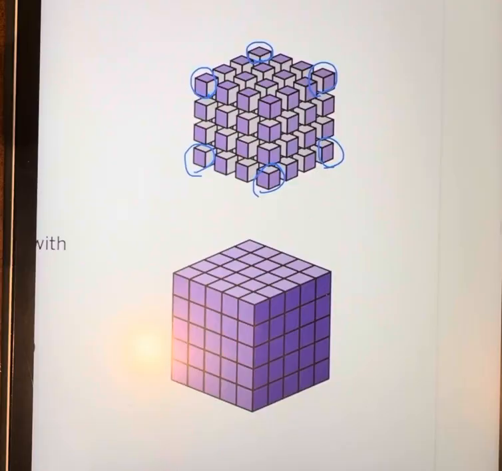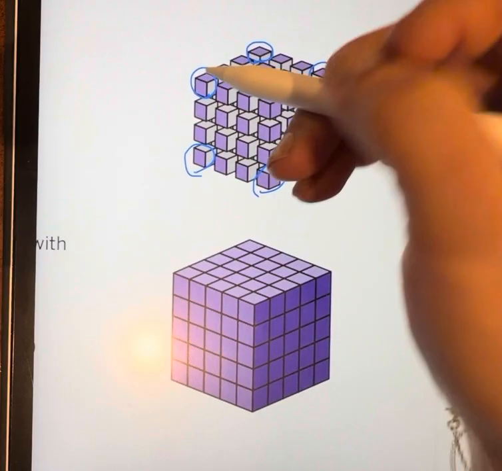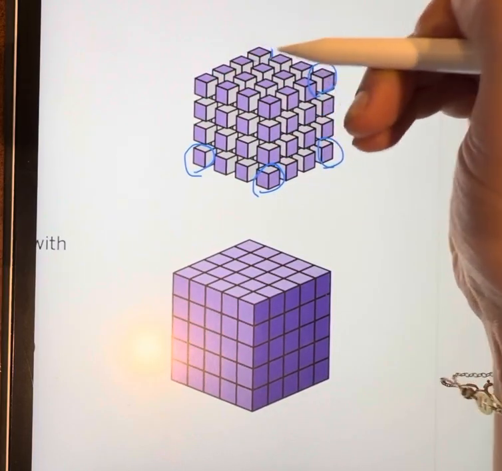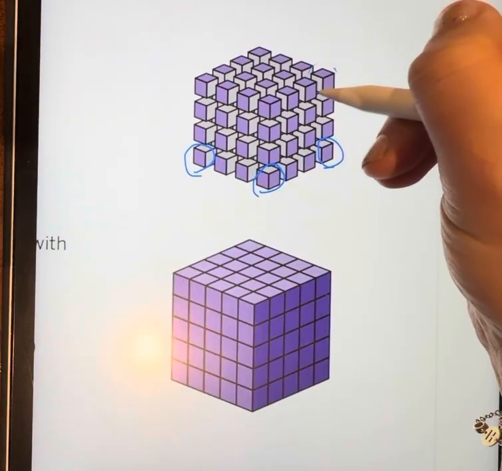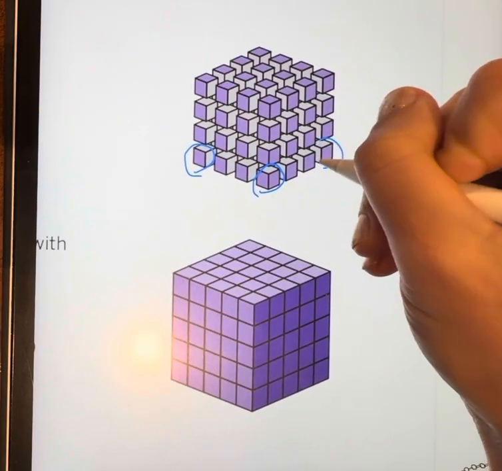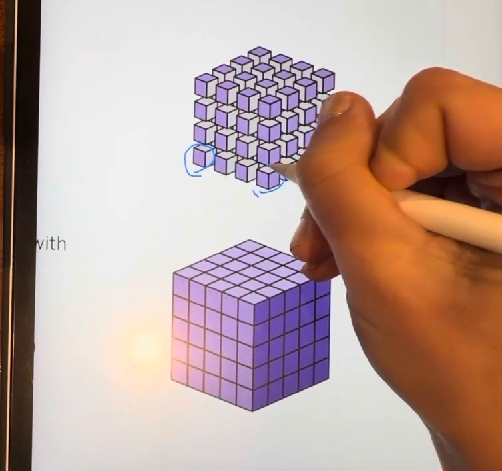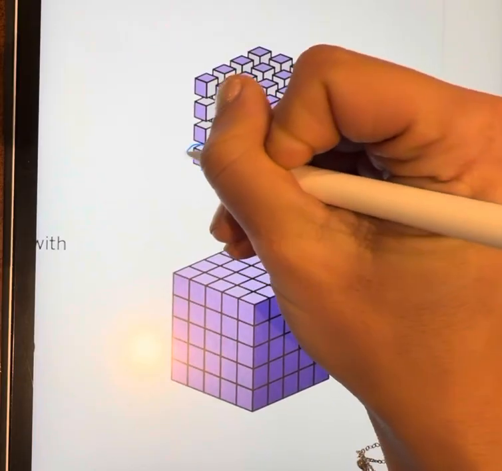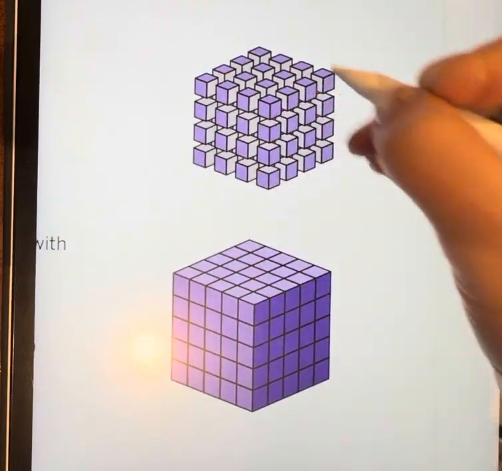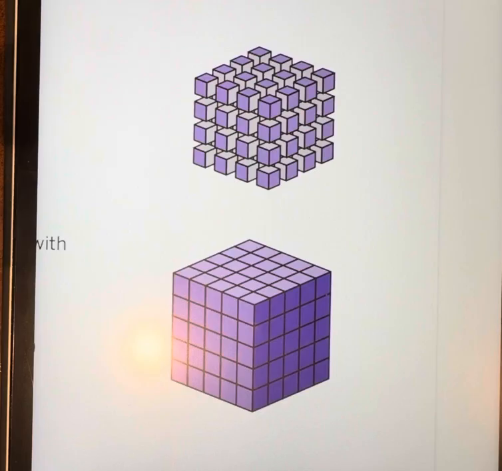But basically, we would look at how many have just 2 faces painted. So that was these ones. Not these corner ones with the 3 that we previously looked at. So not